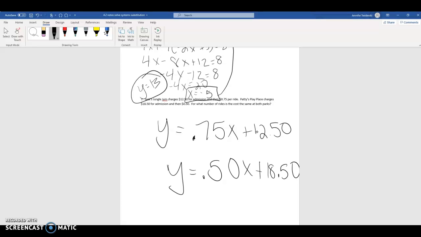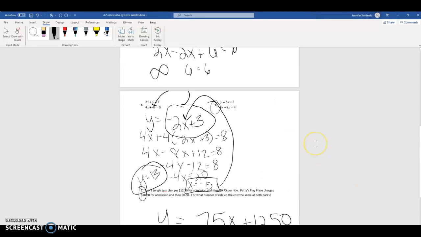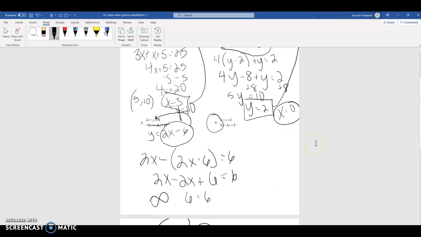So I want you guys to go ahead and solve for how many rides they need to go on for them to be the same at both parks, all right? So you're doing 7, you're doing 6, and 4. And then go ahead and check out that homework calendar for me today,